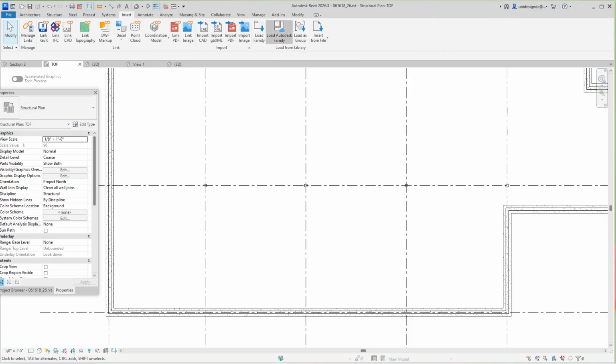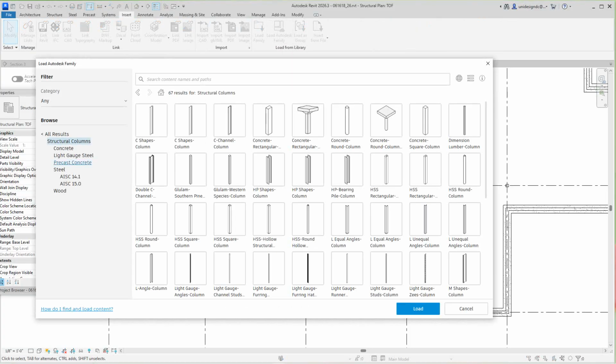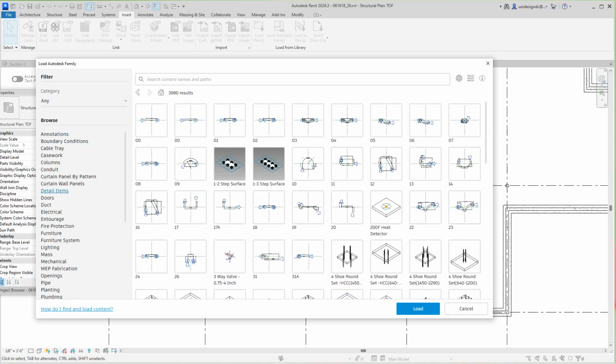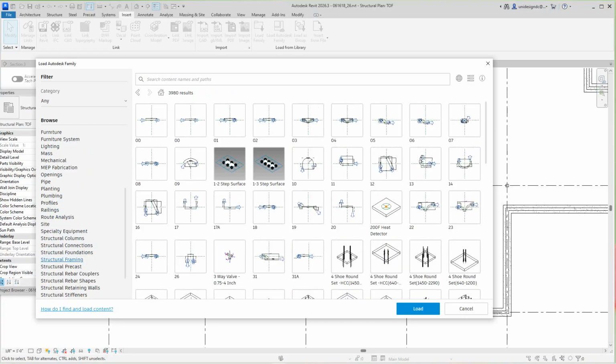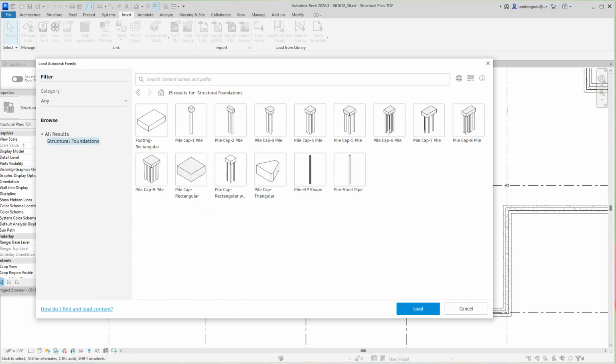We're going to load a family from the cloud, and we go to all results and look at frame, foundations, structural foundations here. We've got all sorts of things like piles and whatever, but we want to go with a rectangular footing here. We don't have a square one. Okay, so we'll just take this one. We want something square, so we're going to load it in,